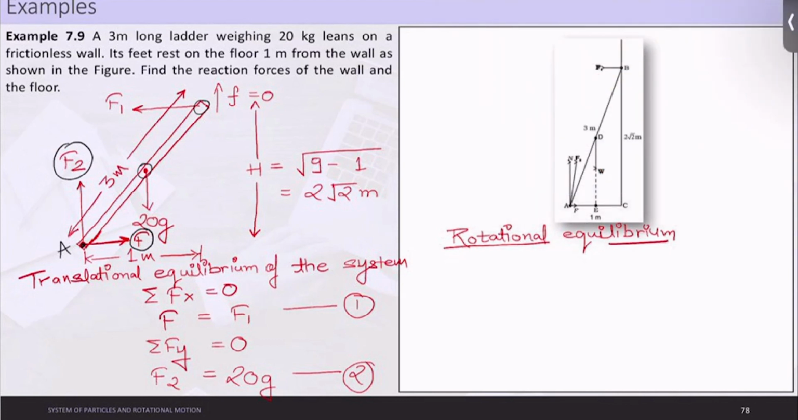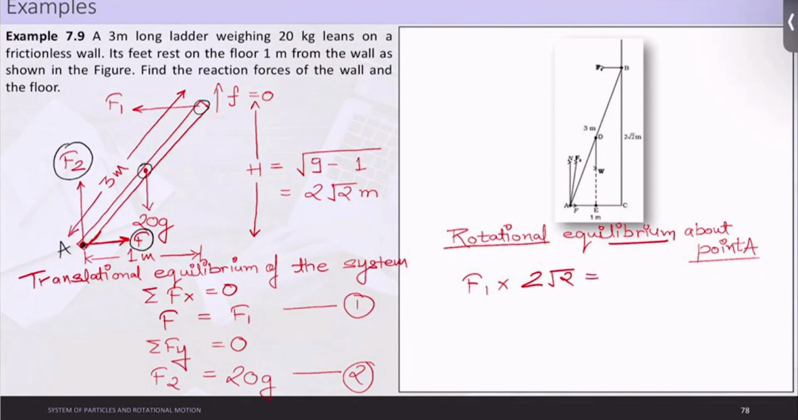Okay, so let's calculate. It will be about point A. Let me write it: about point A. Here we will get F1 into distance. What is the distance here? As you can see clearly, there are only 2 forces I am assigning. 20G will be in the clockwise sense and F1 will be in the anti-clockwise sense. So we can put one on the left hand side and another on the right hand side. So F1 into basically 2 root 2